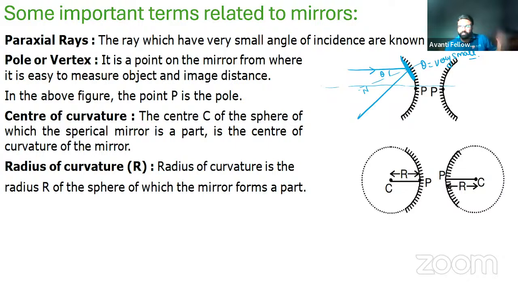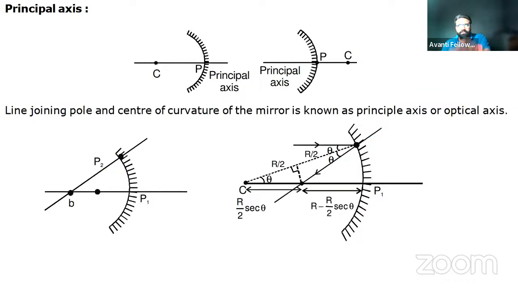Center of curvature: this mirror is a part of a sphere. So the center of that sphere is termed as center of curvature. Okay. The center C of the sphere, of which the spherical mirror is a part, is termed as center of curvature. Similarly, for radius of curvature also, स्फेयर का पार्ट है, उस स्फेयर की जो रेडियस है, that is the radius of curvature. ठीक है। Now this is the principal axis, if you see here, the line joining the pole and center of curvature of the mirror is known as principal axis or optical axis। ठीक है।